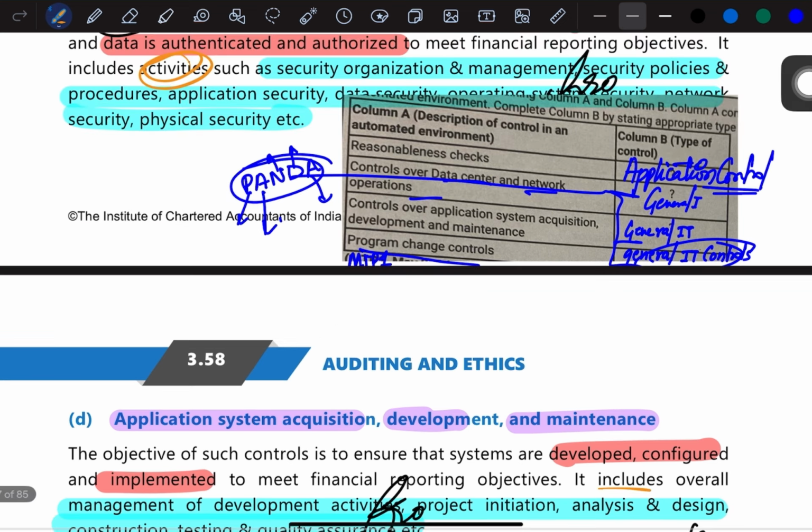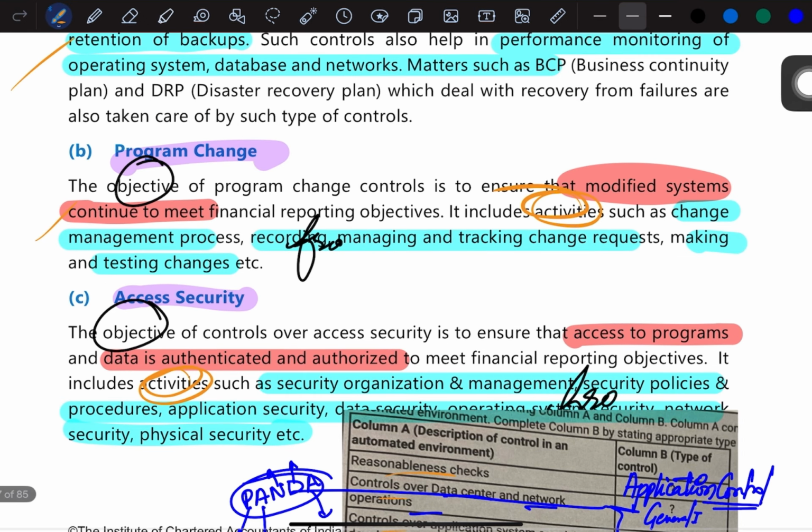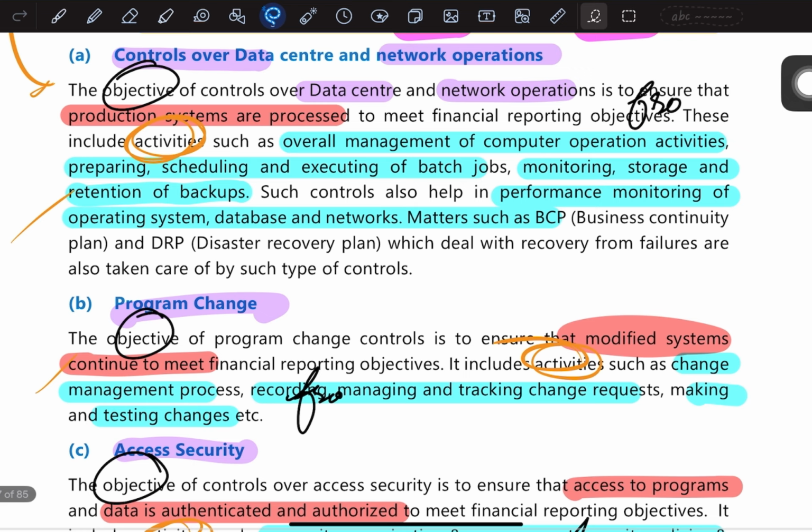Okay, so basically these activities can be listed out over here, and they might ask you to state which type of control it is included under. So first and foremost, you have to remember for the 4 types of controls, what is its objective, what are the activities included therein. So the first control over here we have is control over data center and network